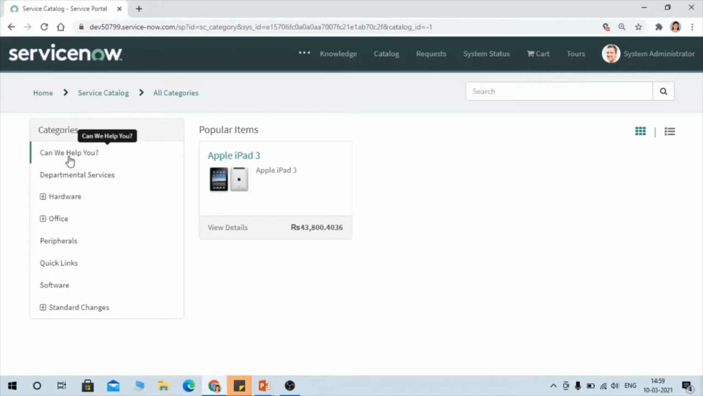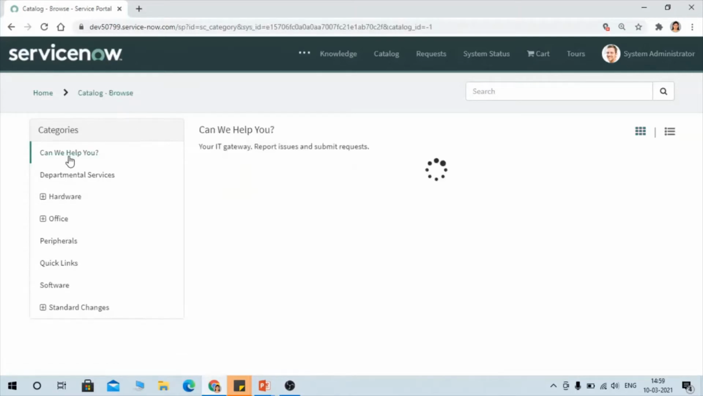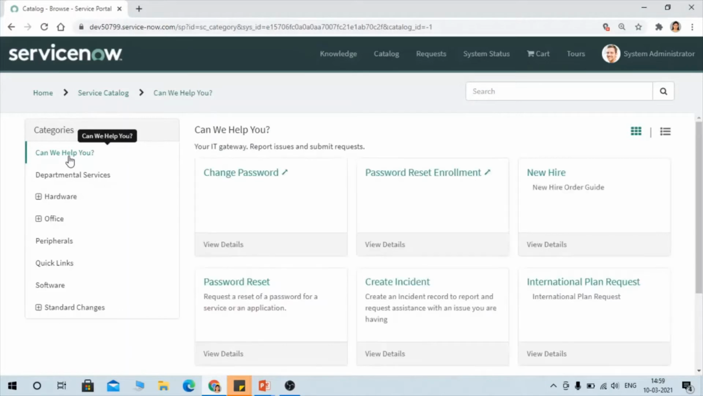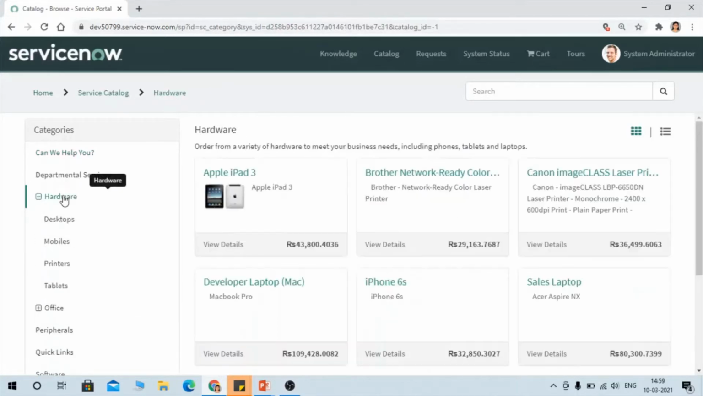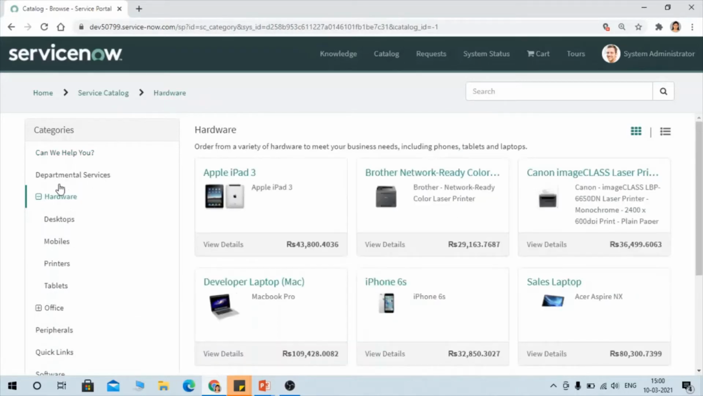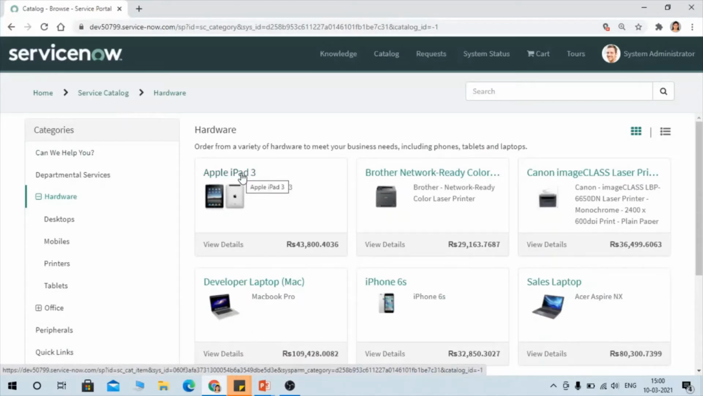So if you click on it, you could see here different catalog items. So change password is one of the catalog items defined under service catalog and the "Can we help you" category. The same way, if you click on hardware, you could see there are multiple catalog items defined under this category hardware. So if any end user wants to create an Apple iPad request, they can click on it